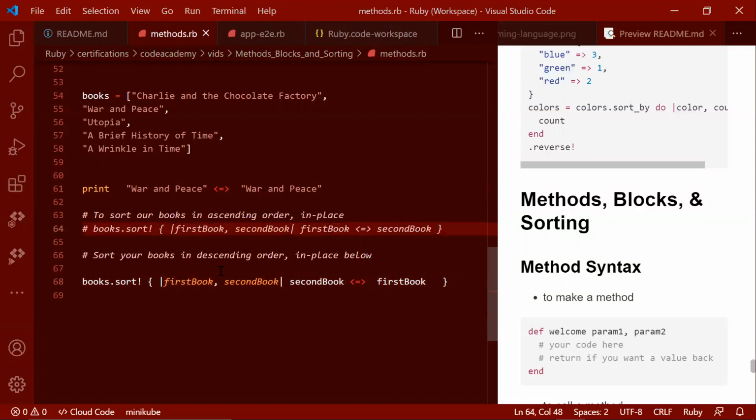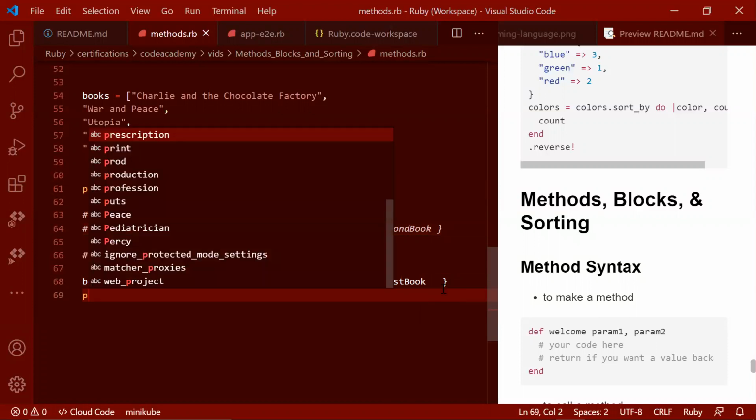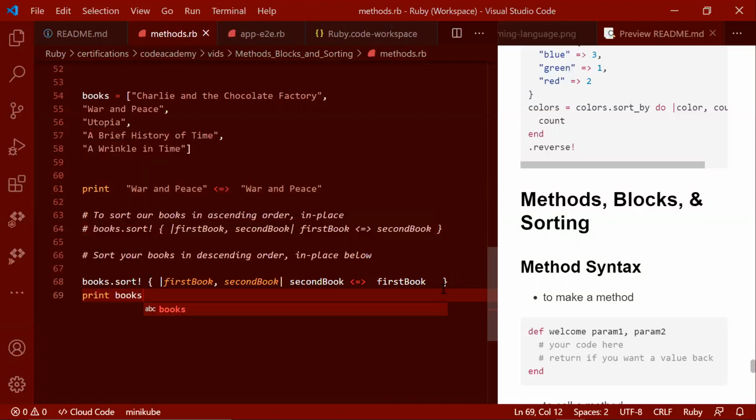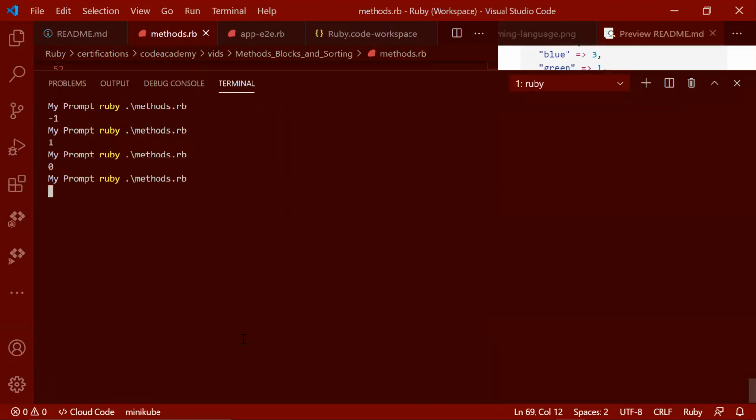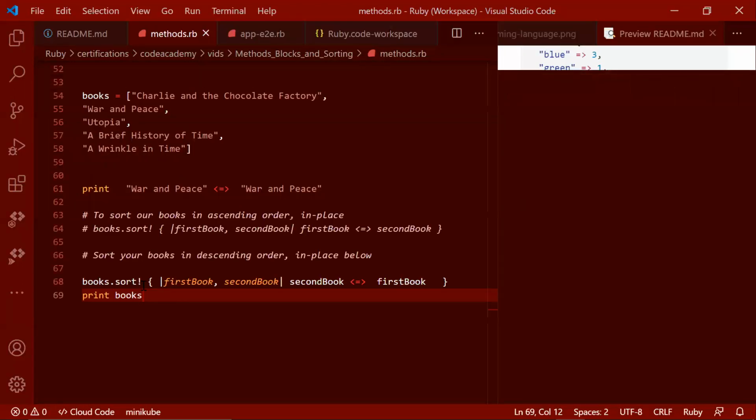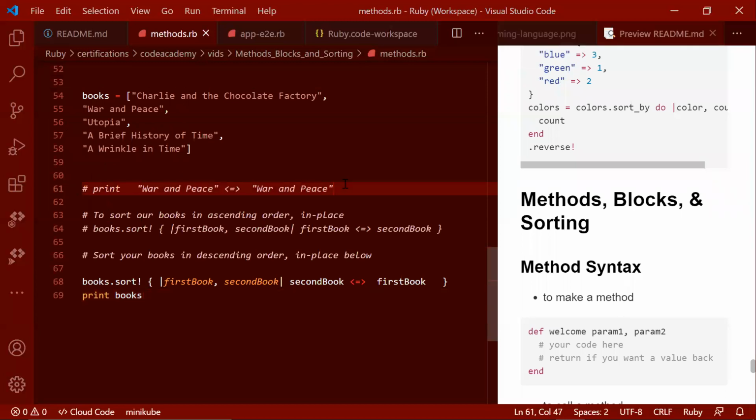If you want ascending order, we're going to use the sort method with the exclamation, so it can sort in place. And what we want to do is sort in descending order. We want to sort these books in descending order. So I'm going to run this one more time, get rid of this logic, and then we can see